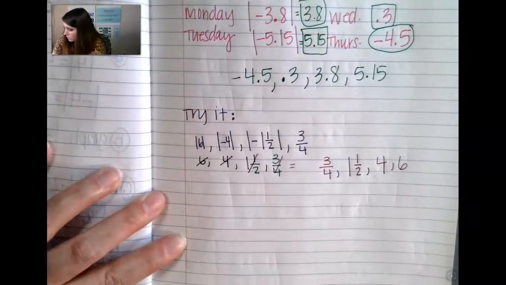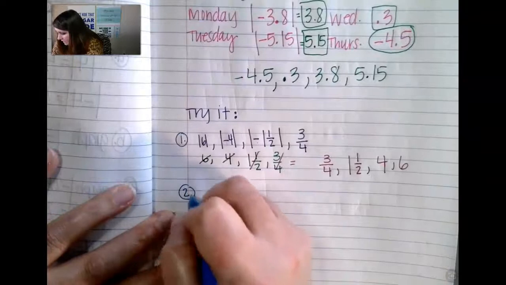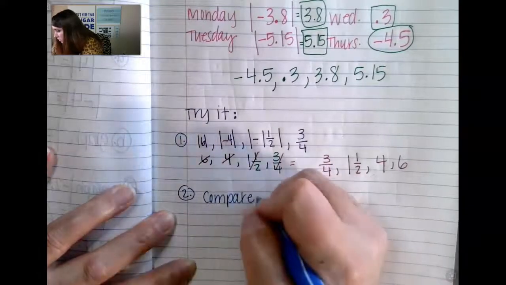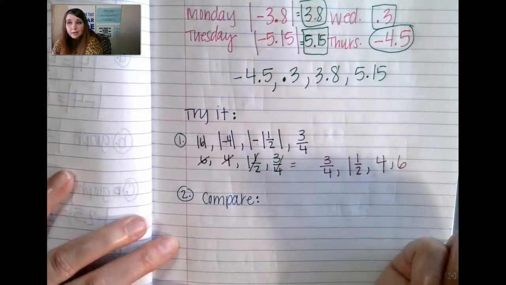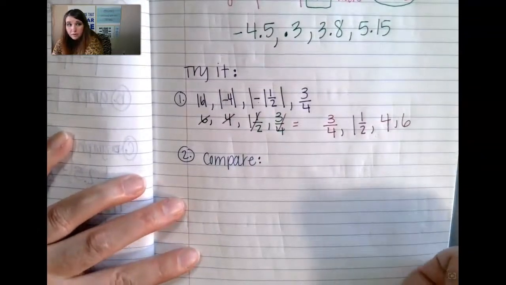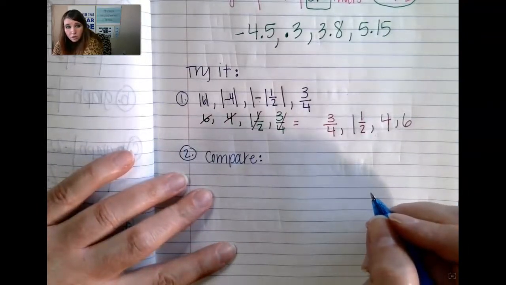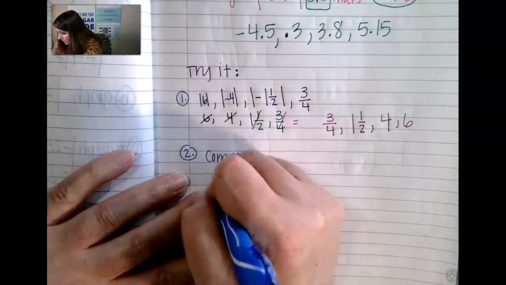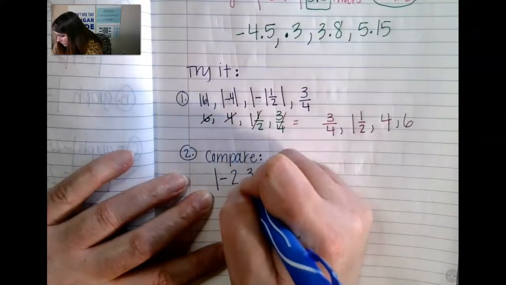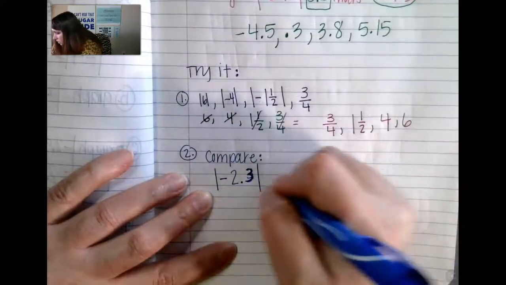Okay, and one more try it. So here's try it number 1. And now I want you to try this. I want you to compare these two. I want to do one more comparing. Which one is greater compared to the other? So let's say that I have the absolute value of -2.3, so 2 3/10, compared to